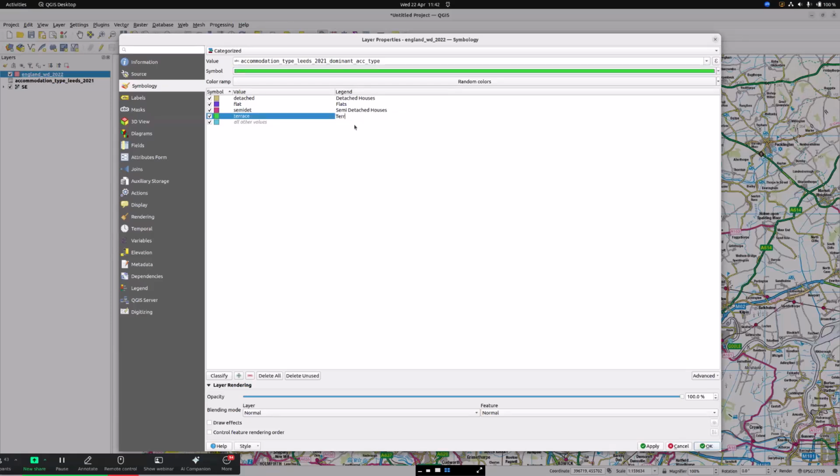Terraced houses. And I'm going to, QGIS by default always creates a thing called "all other values", which is for any values which are not in the actual classes. In our case, we know that all our records have one of four values because we created an expression in Excel that defined that. So I can get rid of this by just clicking on the class and